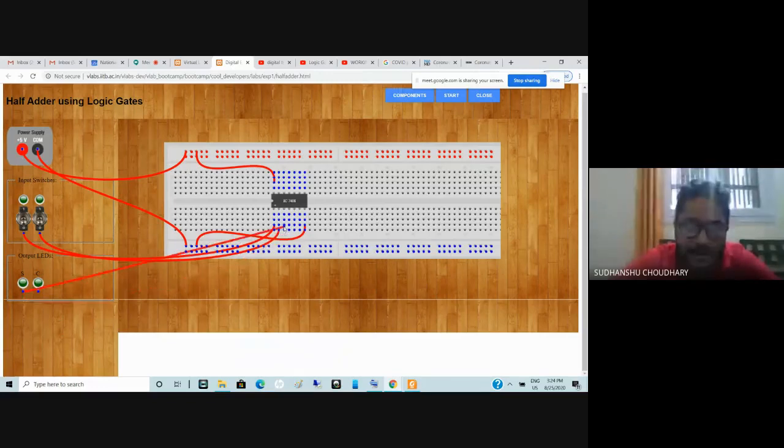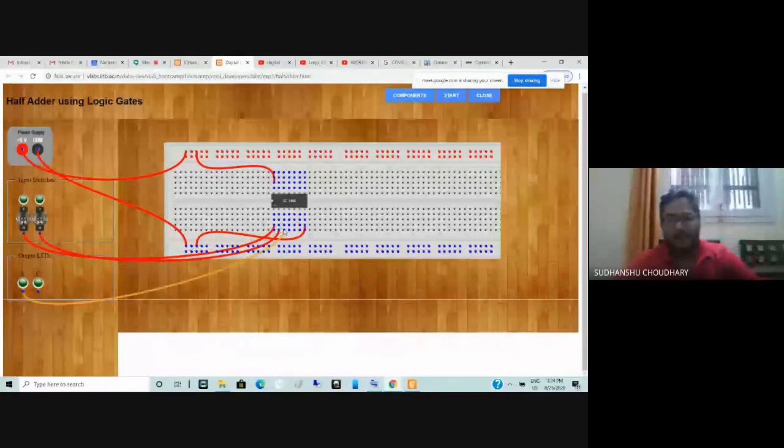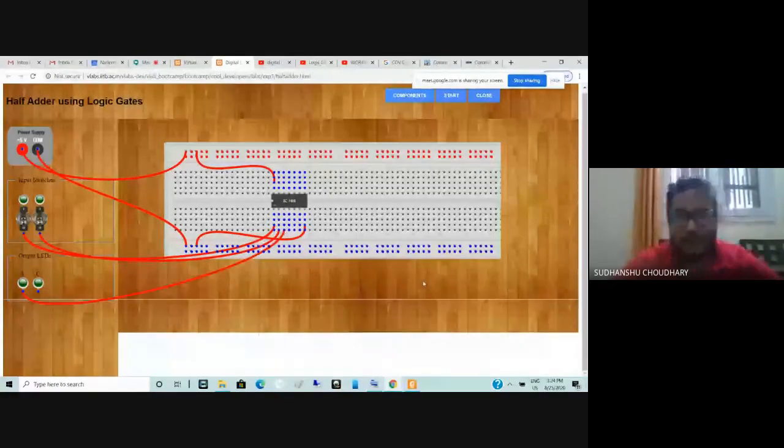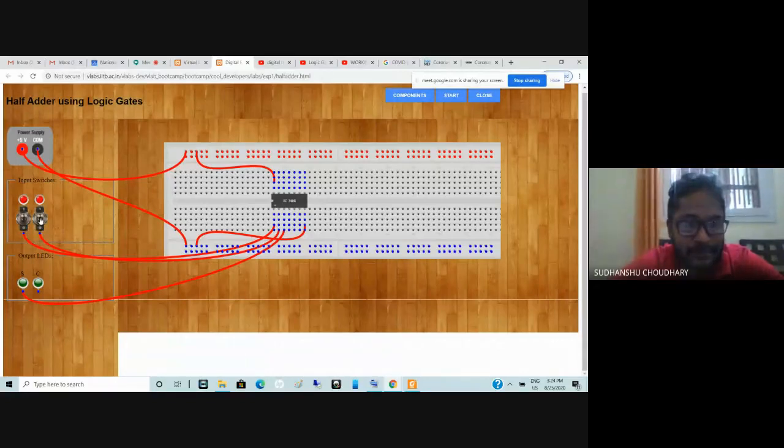Right. So pin number 3, any of these lines I can connect. So maybe I'll connect to the bottommost once again. So I have now connected the input and output to the AND gates, right? So if I, let's see, you can change the inputs also. So maybe you click this. So this is 0, and this one also 0. So maybe 1, 1.